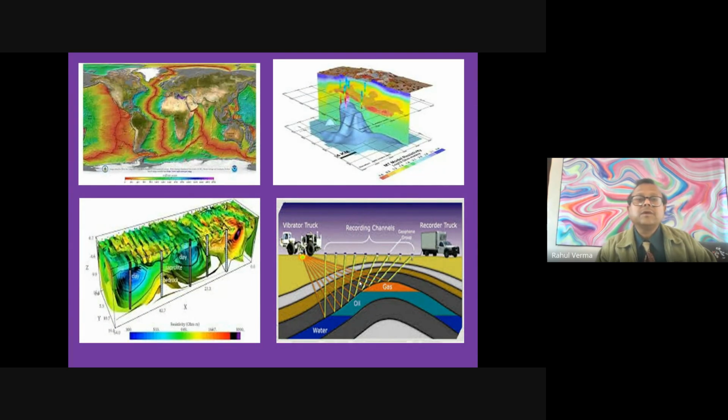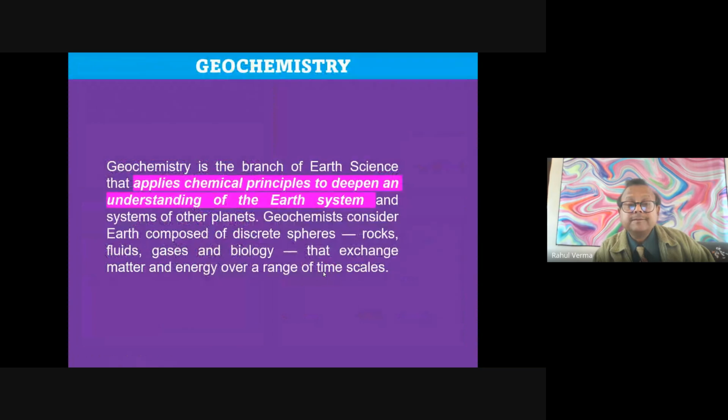Here are some images. You see here, they are showing different intensity zones shown with different colors. So now here you see they are using artificial earthquakes, and when the waves hit and come back, this is called seismic reflection and seismic refraction, two methods. They can give you the idea. Different layers will show different rates and different patterns of rebound. So that is how we discover ore bodies and even oil.